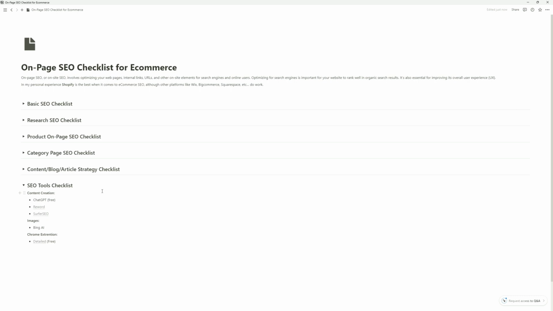One of my favorites for creating images is Midjourney, but a free version is Bing AI. In Bing AI, there are so many different things you can do. Very good images. It's gotten better over the months since this came out. And Bing AI is also a product from OpenAI. So since Microsoft Bing and OpenAI partnered together, Bing AI has the ability to actually make images, and they're very, very good. All you have to do is make an account with Microsoft Bing, and then you can have free